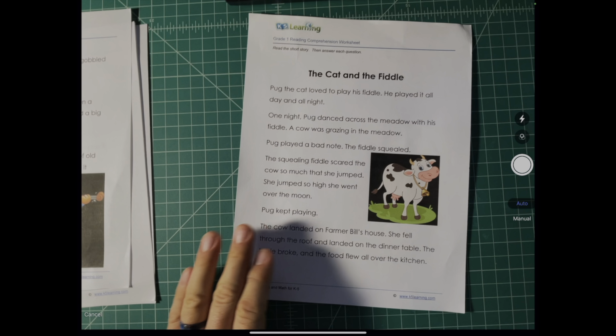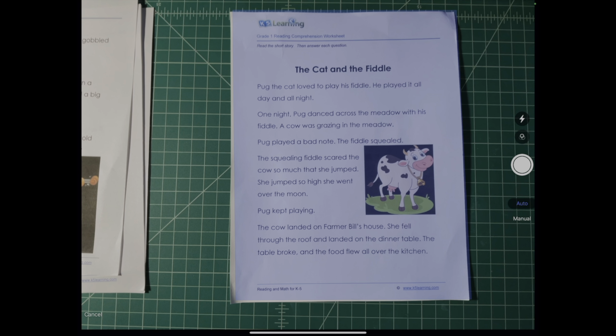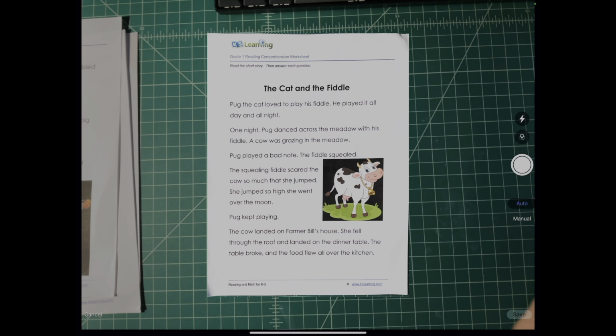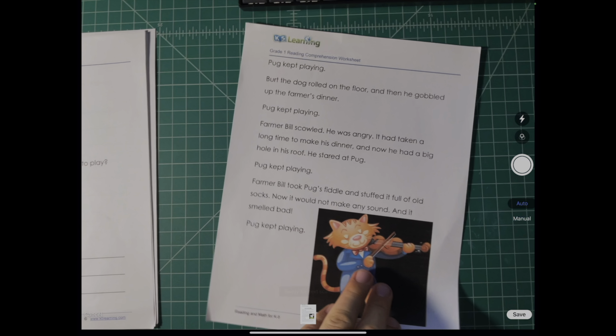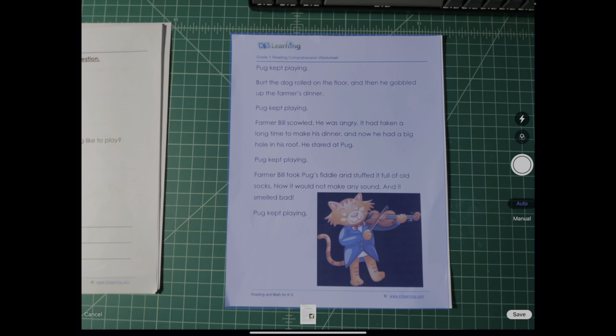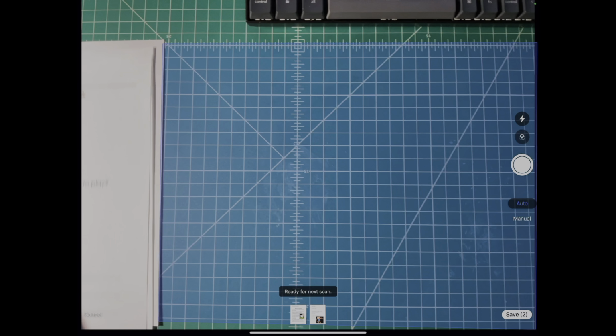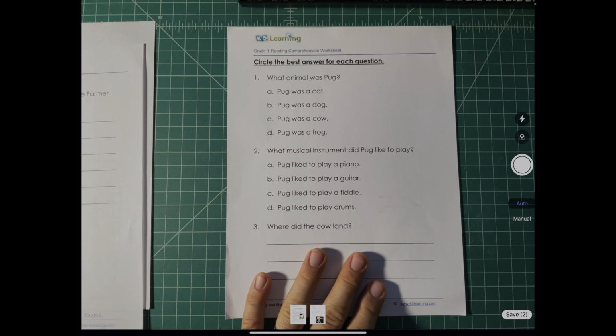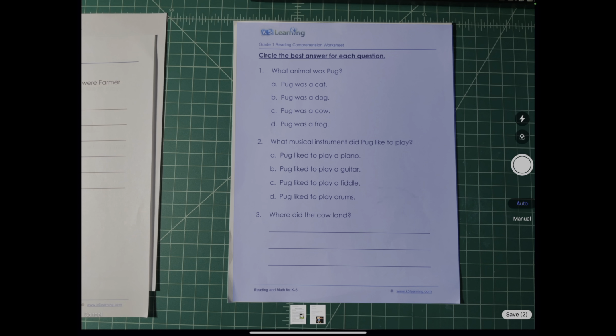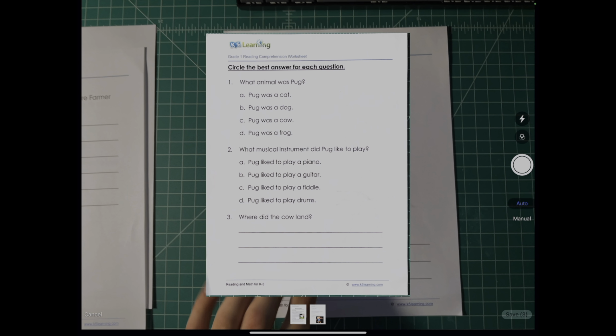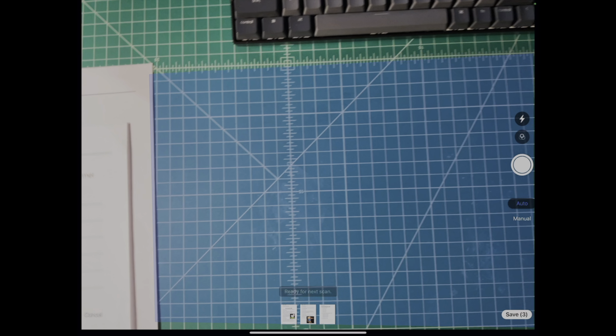Now position your document within the frame. If you have it set to auto, Notability is smart enough to detect the edges and will scan the document after a few seconds. I find that it's a good habit to have one page in view at a time, as this makes for more consistent scans. And remember, Notability can handle multi-page documents, so just keep scanning those pages one by one.